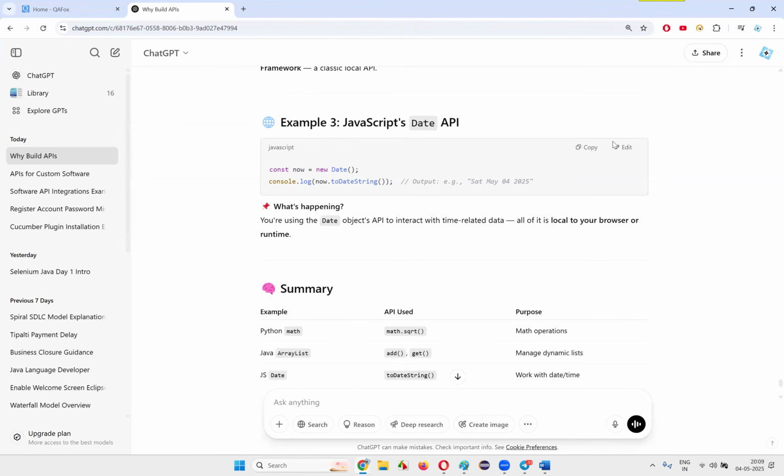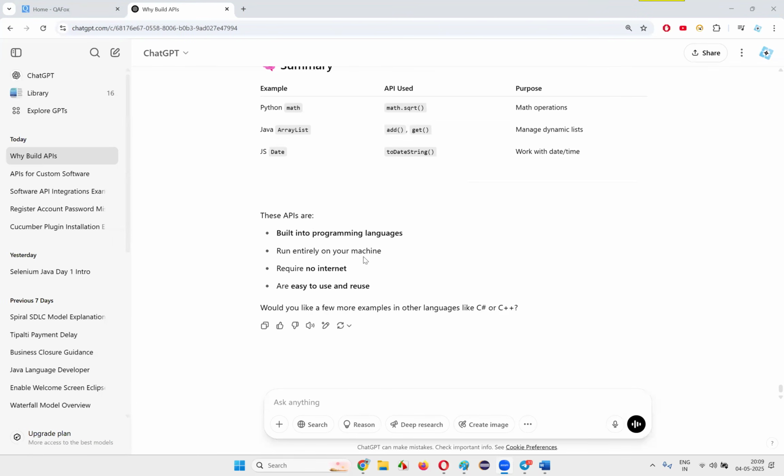Okay, there are different names for local APIs or library APIs. Are they web services? No. Why are they not web services? Because this kind of local or library API doesn't need internet. This is for reusing. If you are writing some program and you are integrating TestNG, Java in your programs,